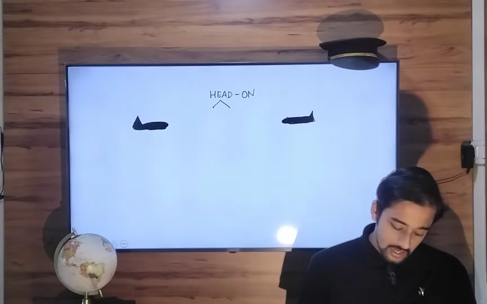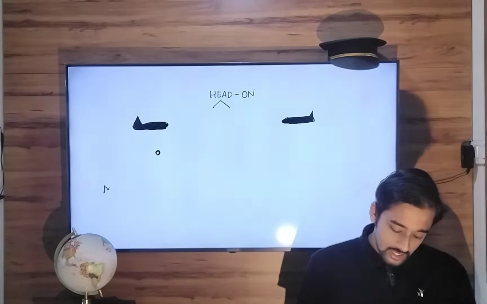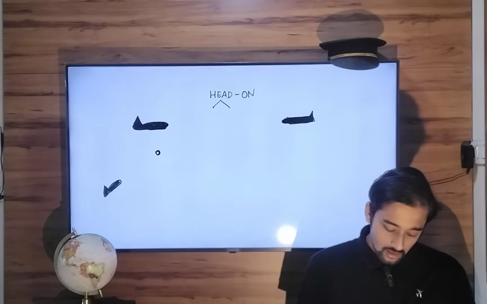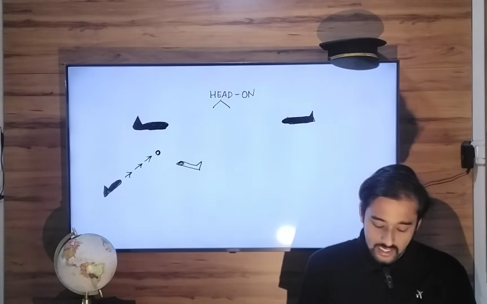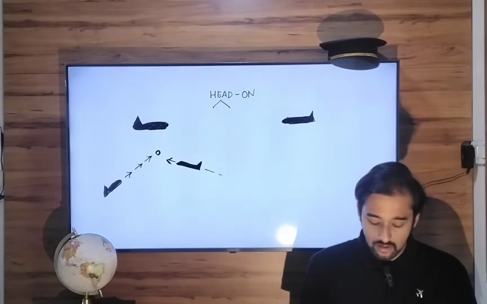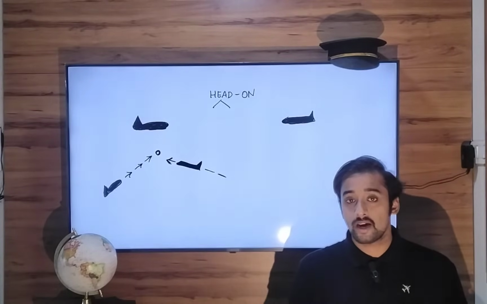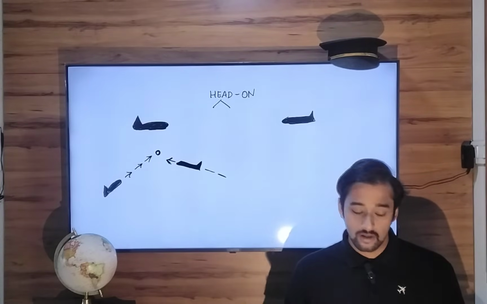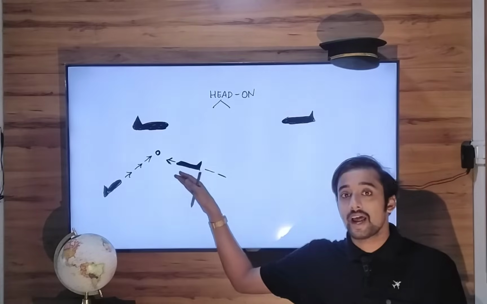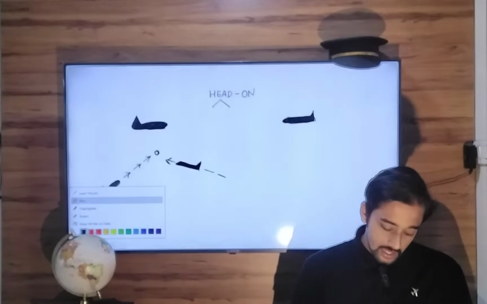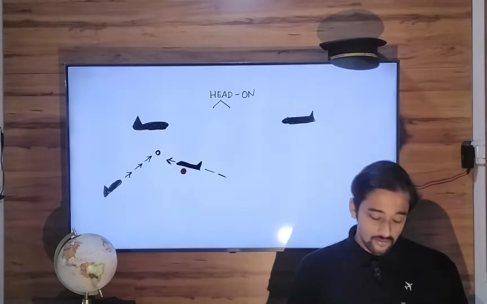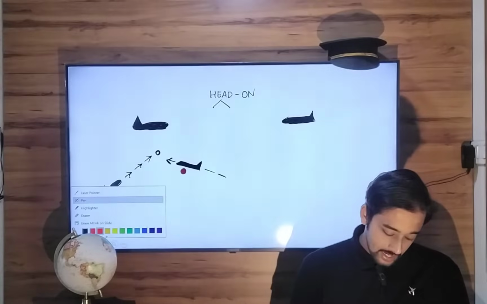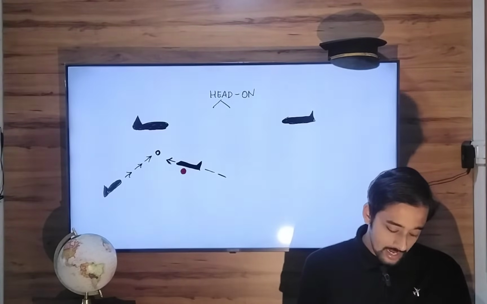The second option is there is a point here. Your aircraft is approaching that point from this direction. Okay, and there is another aircraft which is approaching the same point but from another direction. Let's say from this direction. So in this way also you can determine that your aircraft and the other traffic are on a collision course. How? If you are approaching this point and there is other traffic to your right hand side approaching the same point, you will be able to see the red navigation light of that traffic. If you are approaching this particular point and there is another aircraft which is approaching the same point but from your left hand side,